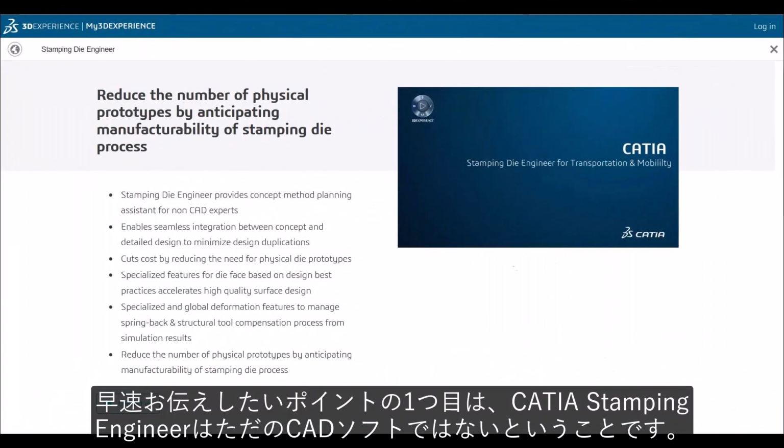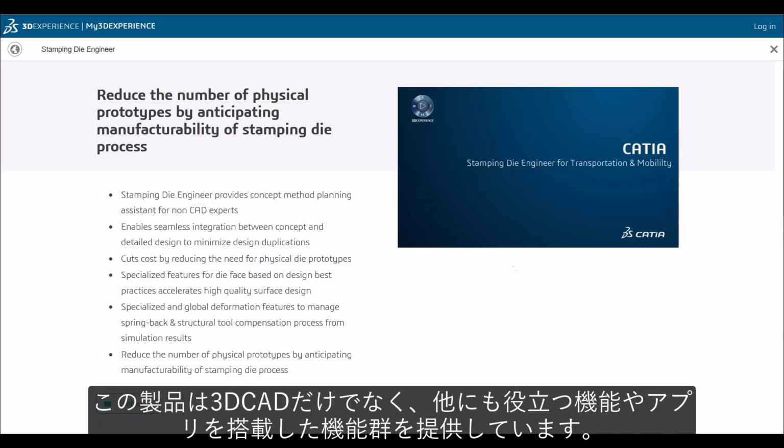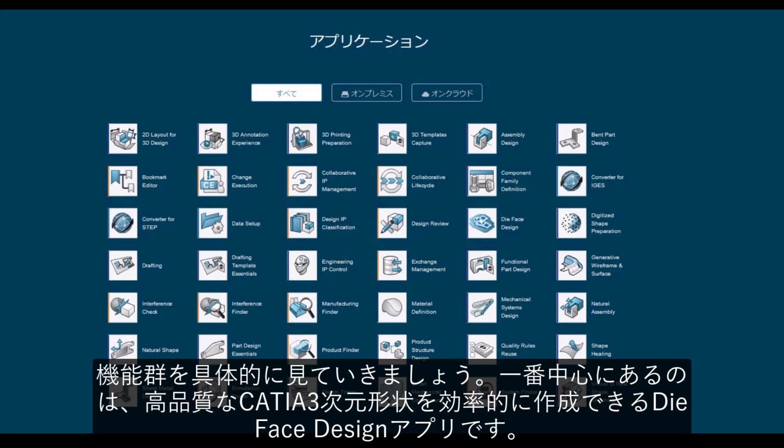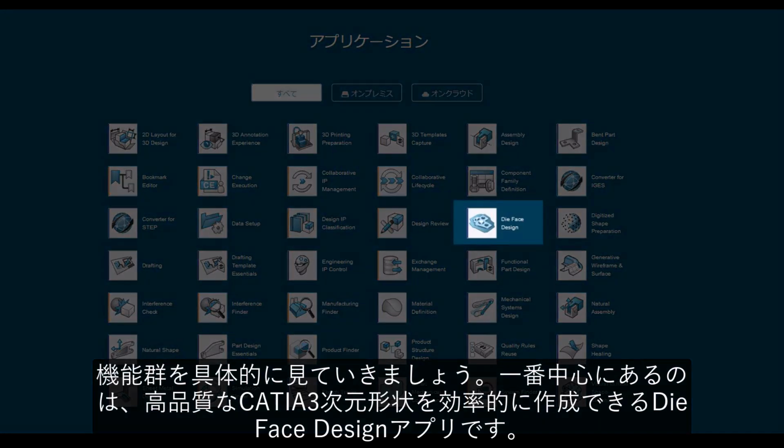The first thing to say here is that CATIA Stamping Die Engineer is so much more than just a CAD software. What I mean is that it is a bundle of useful tools and technology that come in handy for frontline workers who bear the role of fulfilling the task on the shop floor. What do we have here? At the center, there is the CATIA die face design application that produces geometry with optimal quality, efficiency, and